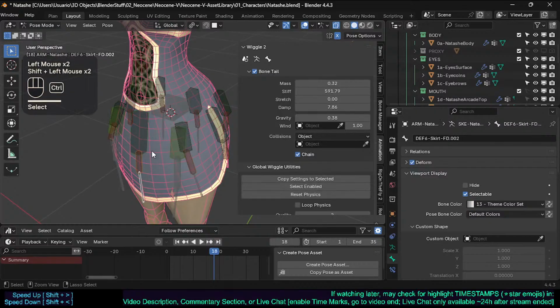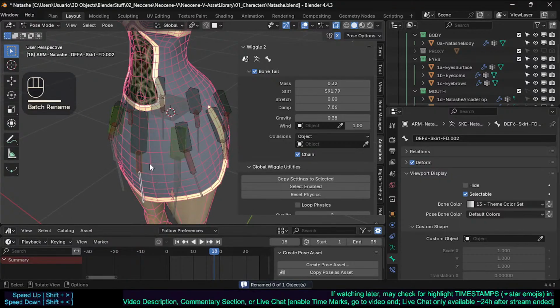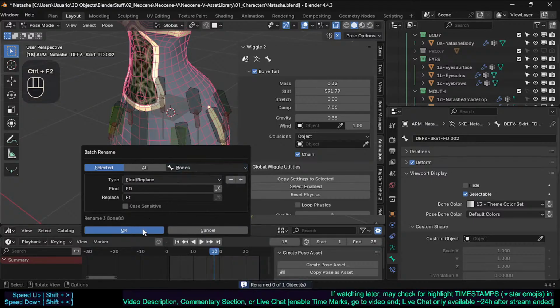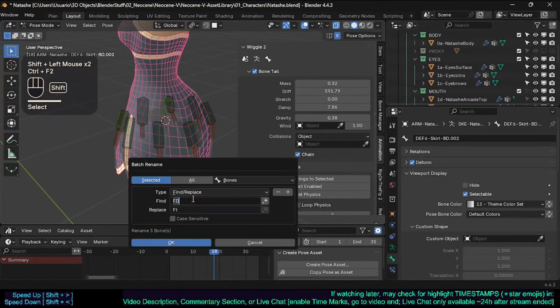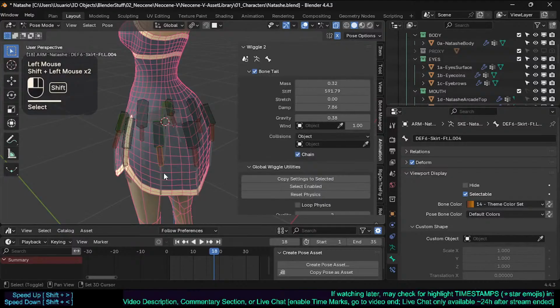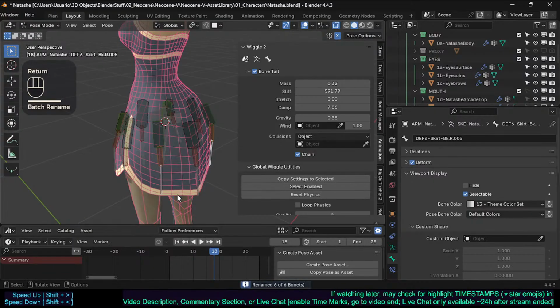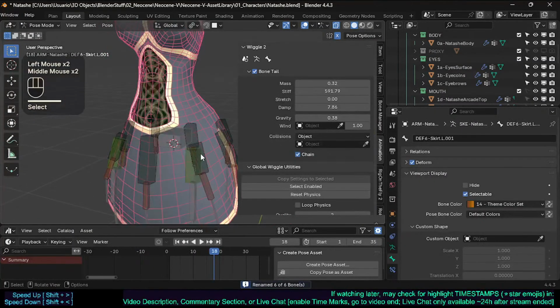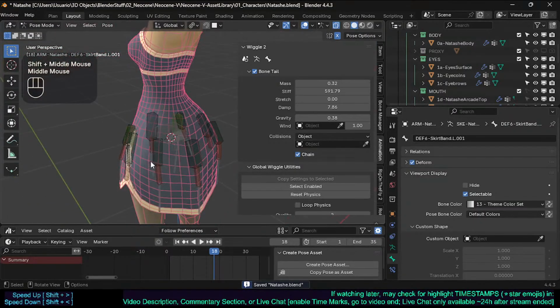I don't like these namings here, so we're gonna, instead of FD, FT. Okay, so actually here, and this, instead of BD, it's backward, we can say back. This is wrong, so instead of, forgot to change, instead of front, back. This just side, this front, correct. Alright, and these are just skirt bend. Alright, now